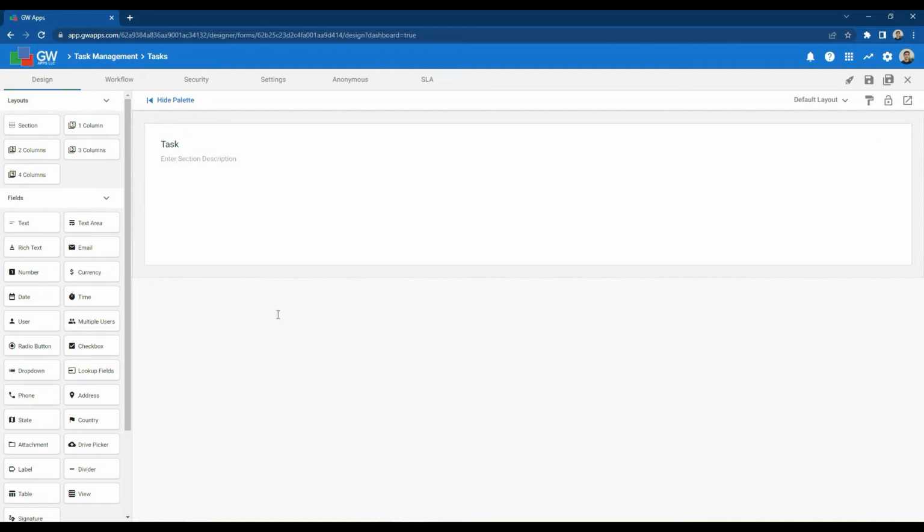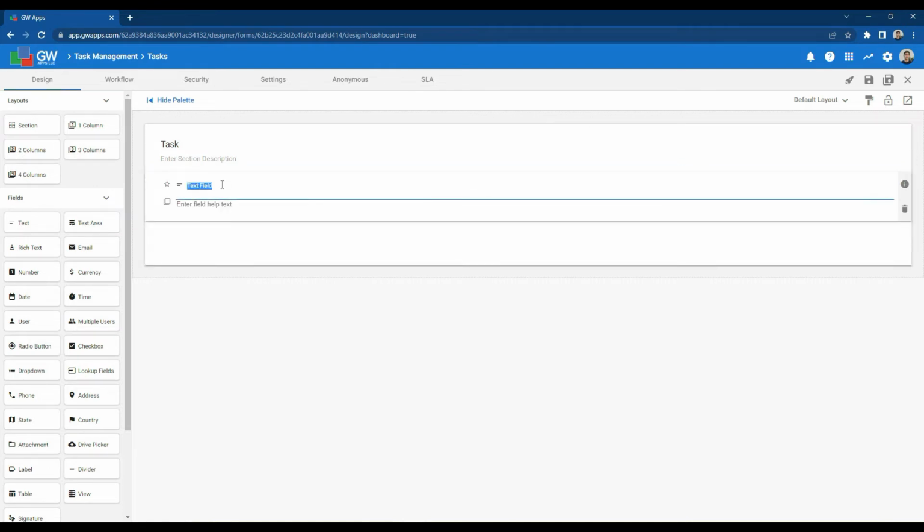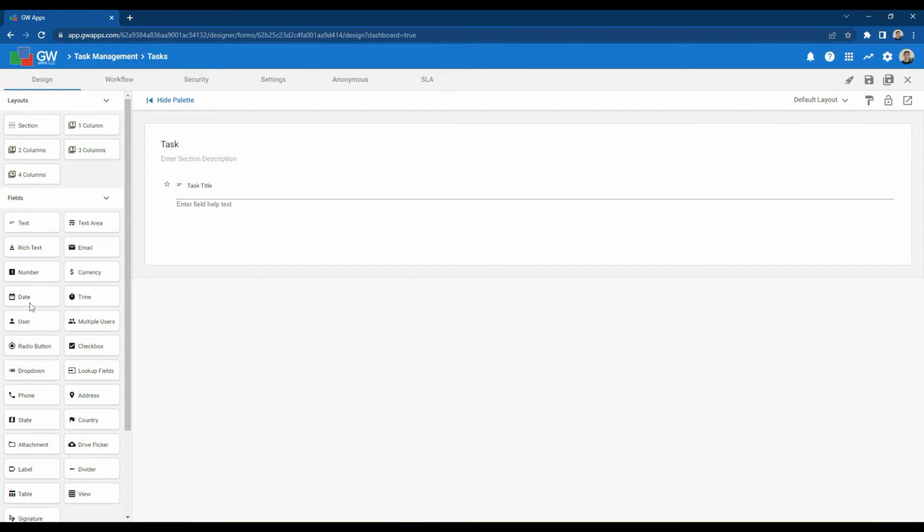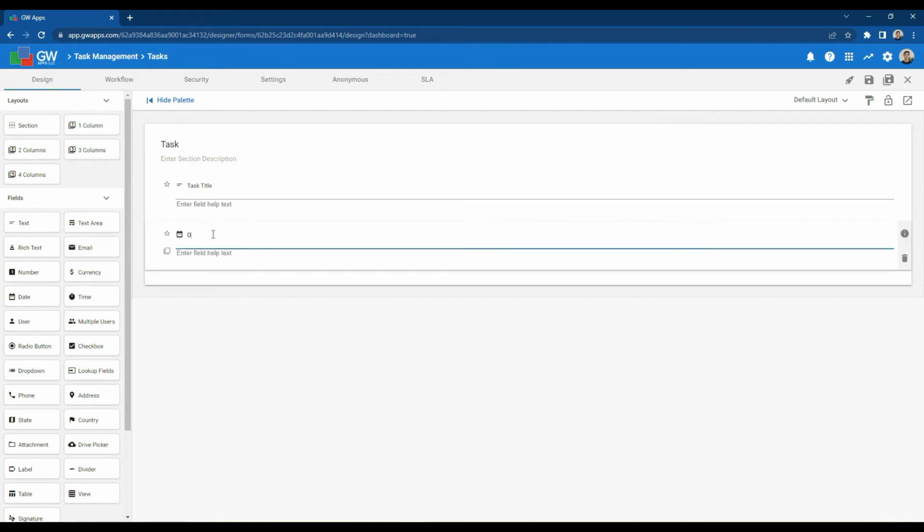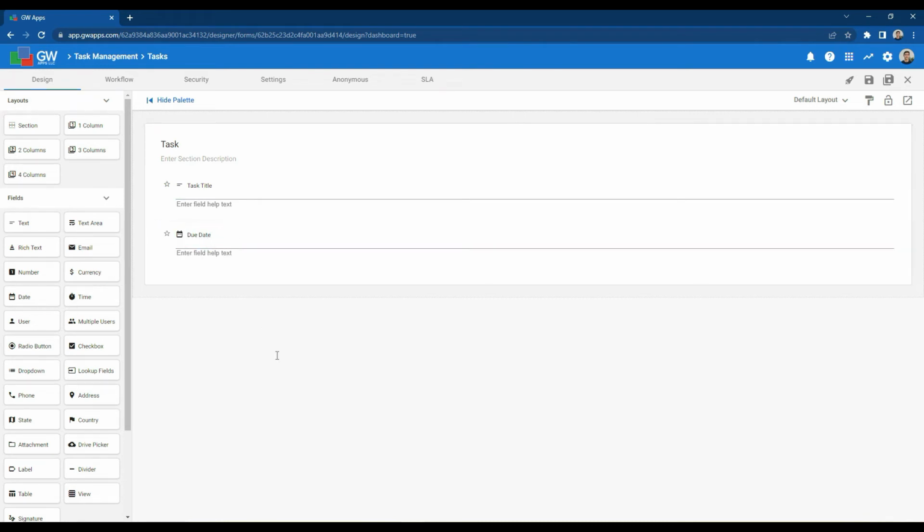Great, and now let's get to designing. We're going to need 6 fields for this form, and let's start with a text field, and we'll call this one task title. Okay, then let's bring in a date field and rename it to due date. All right. We're also going to need to assign this task to someone, so let's grab a user field and